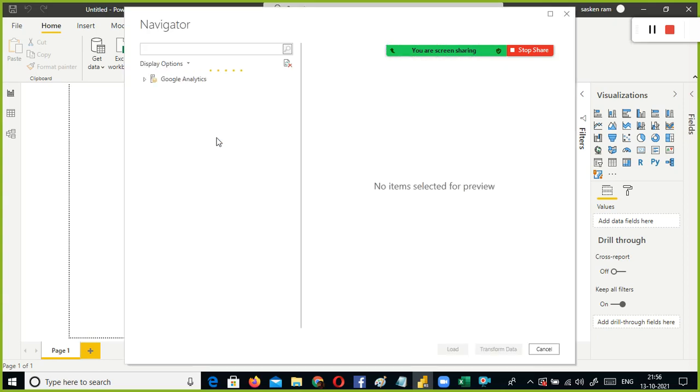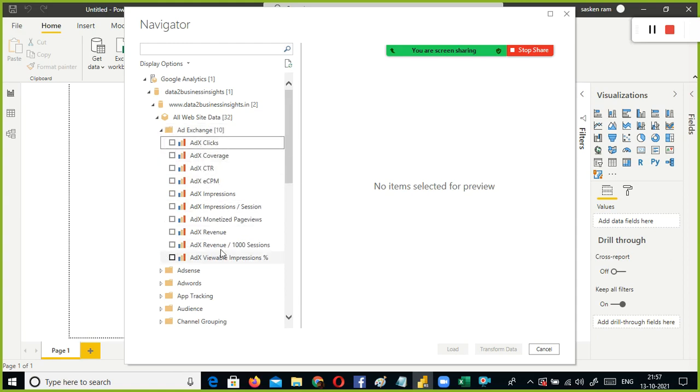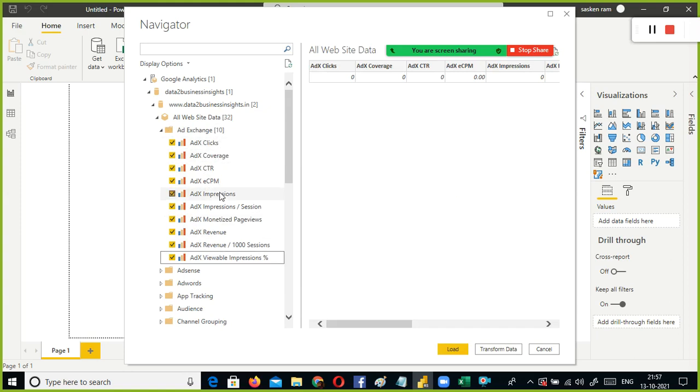Let's say if you own a website, you would have enabled Google Analytics. With Google Analytics, you'll be able to understand how many hits happened for which pages. Page-wise you can find out. This is my website, the previous one; all the website data you can find out. See, I connected to Google Analytics already, using my username and password. For example, I need to take all these value columns. Look here, this has no values in it, but had I given advertisements, Google Analytics would have captured the values here. And AdSense. So these are all the Google Analytics related data.